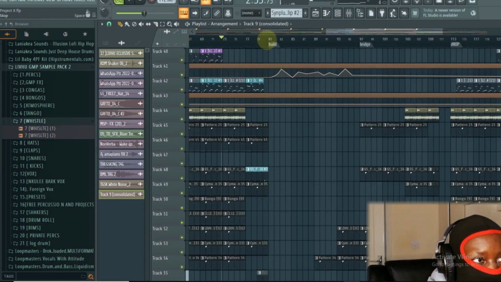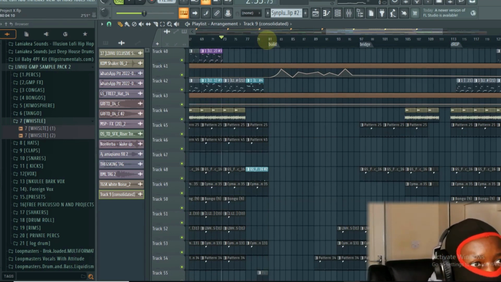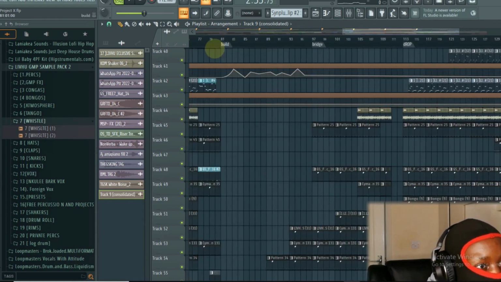I just wanted to point out one thing I also do, and I would recommend this to everyone. Try to find samples that you can use within your song. It's not common in Amapiano, but sometimes it gives a nice kind of feel to the song. Like in this particular song, in my bridge, I decided to do something different, and I found this sample. I used